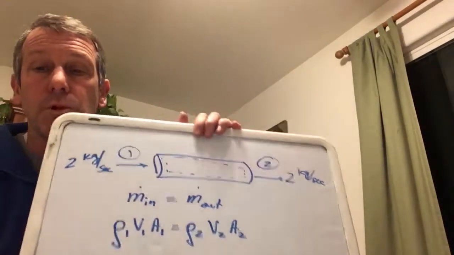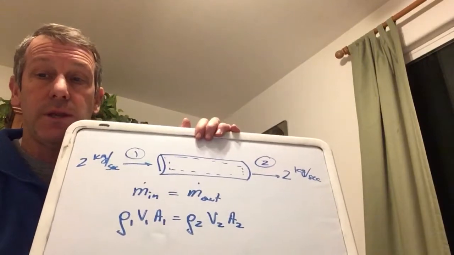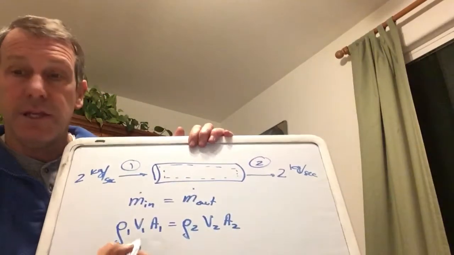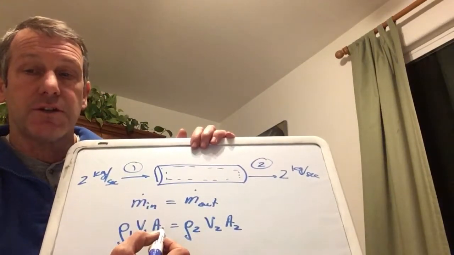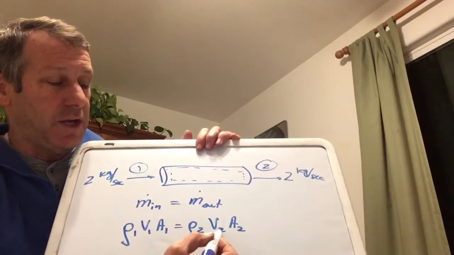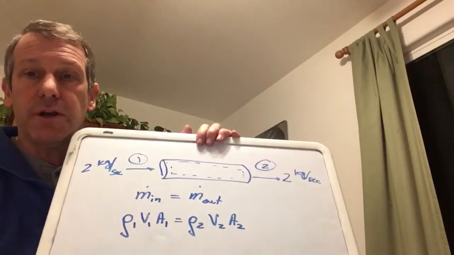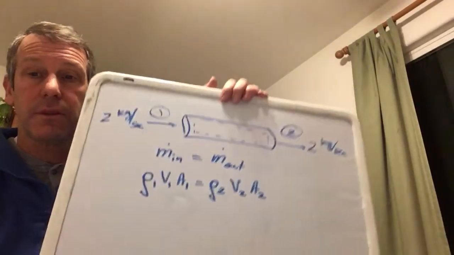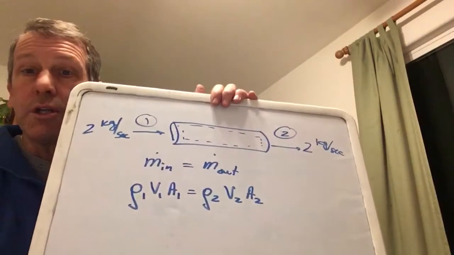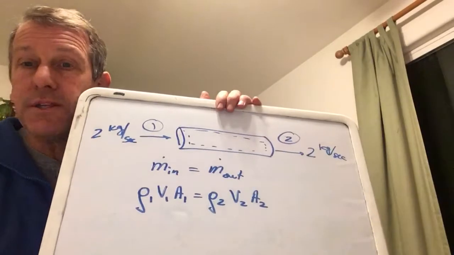Okay, so a really useful equation. If I have a fluid flowing in, the product of its density, its inlet velocity, and the cross-sectional area where it enters, and the density and the velocity and the cross-sectional area where it exits has to be the same. Okay, we're going to use that in just a second in a little bit more complicated situation, but let's start